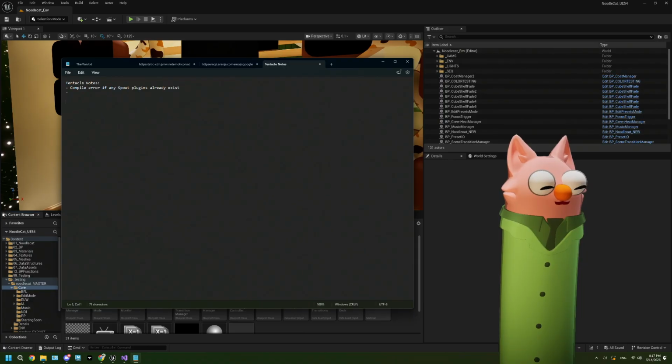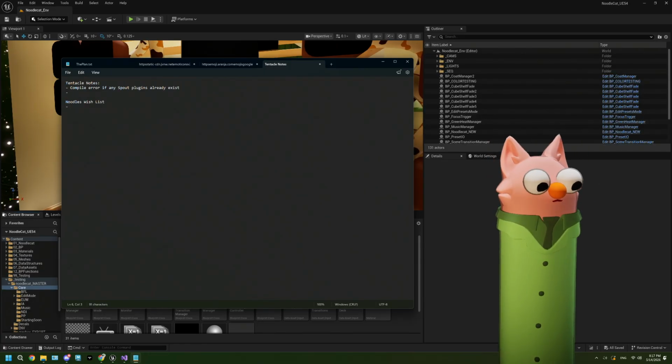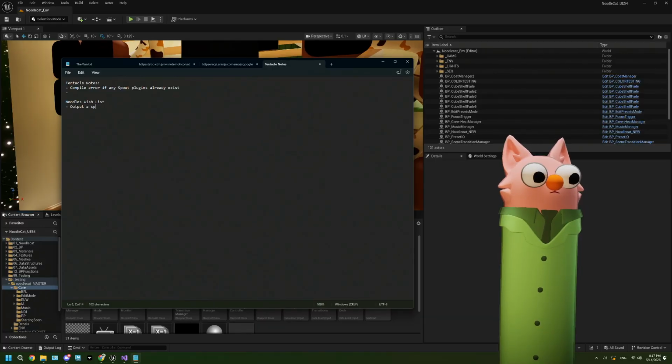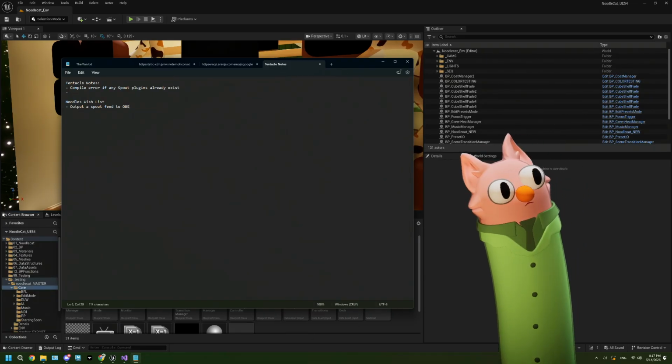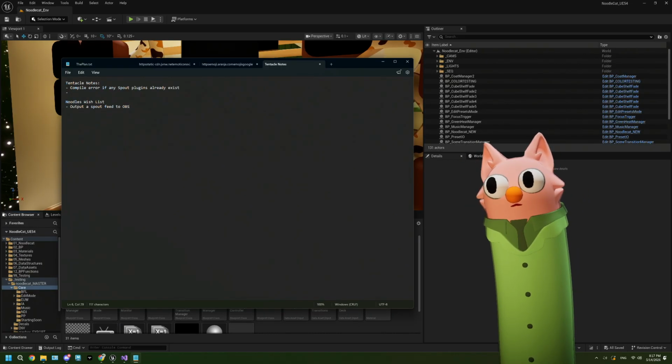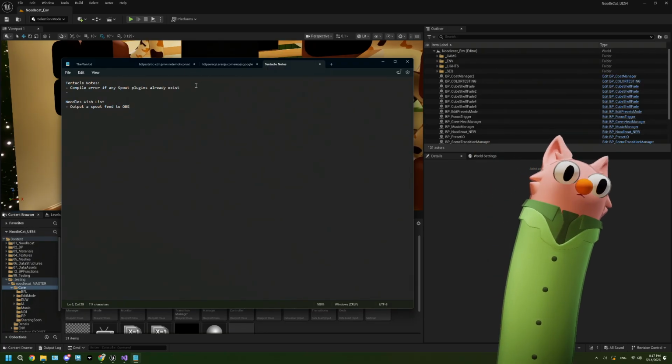Maybe I can do like a labels wish list, because it would be really cool if I could output spout feed to OBS, because that's really the biggest bummer about the tentacle stuff right now, because I had a compile error